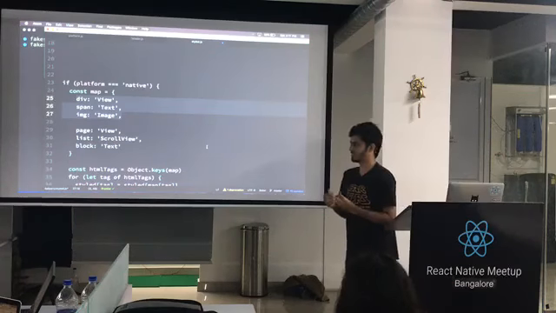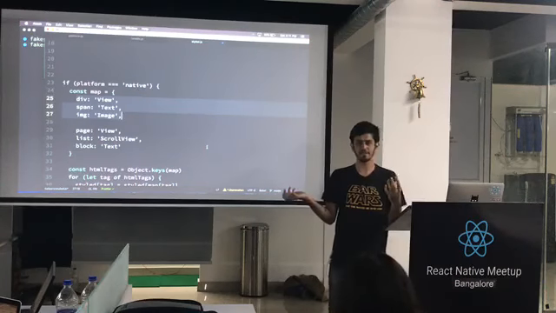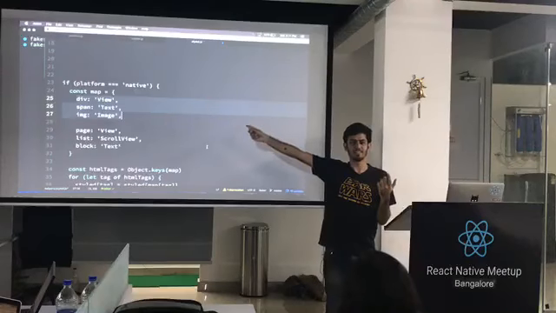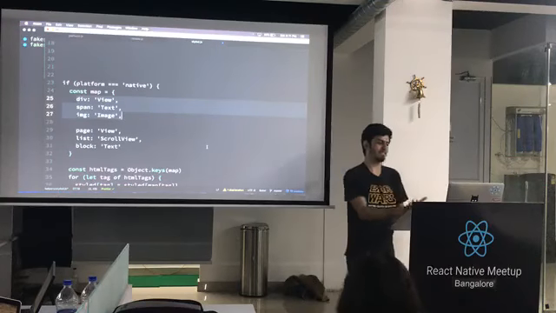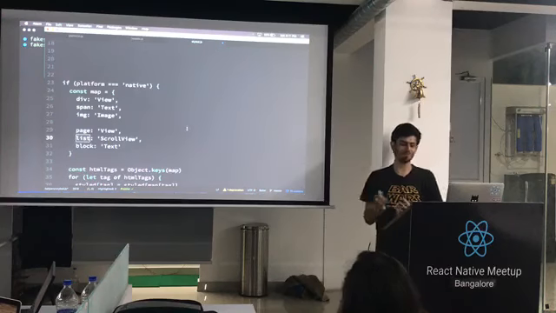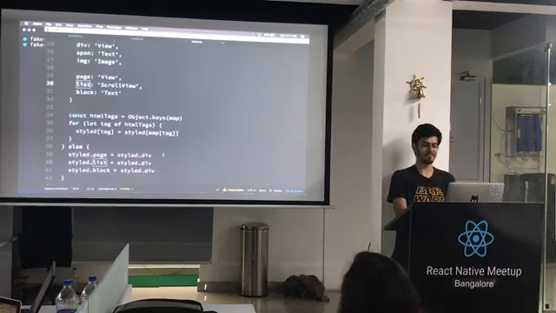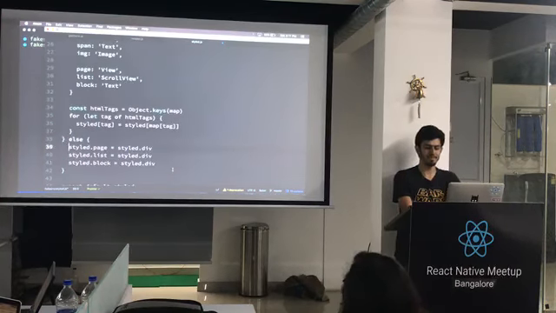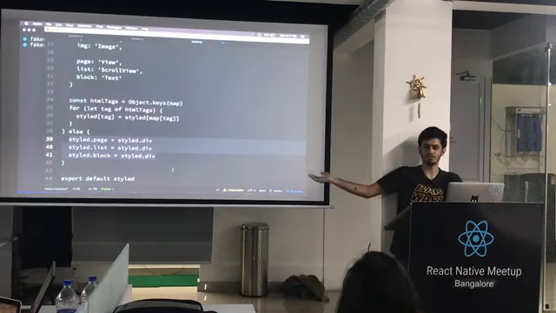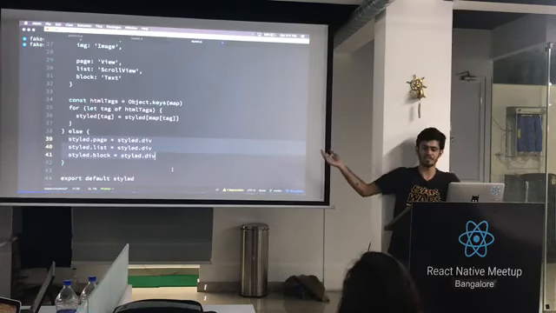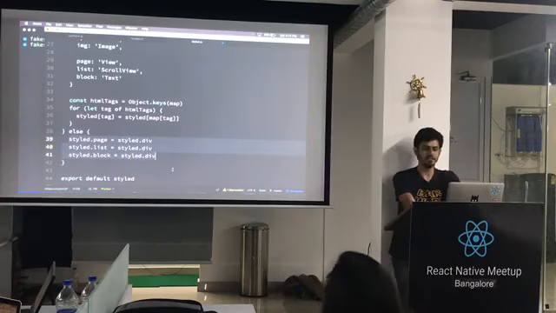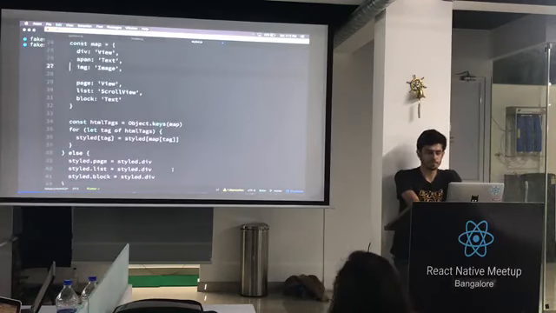So for example, a scroll view is actually a div for the browser, but I've already said that div is a view, right? So I have to create fake tags for myself like list and block. So list is a scroll view, which is also a div. So I've created these 3 fake tags, page, list, and block, and I've just mapped all of them to div. So on the browser, whenever I come across these, I'll just fall back to div. On native, they'll be slightly more smart.